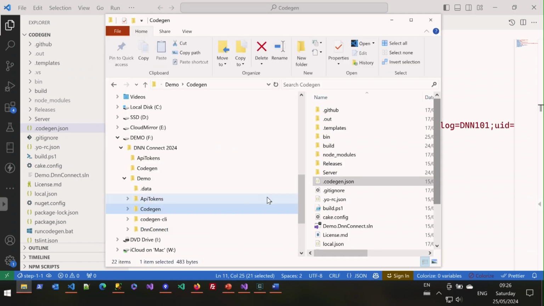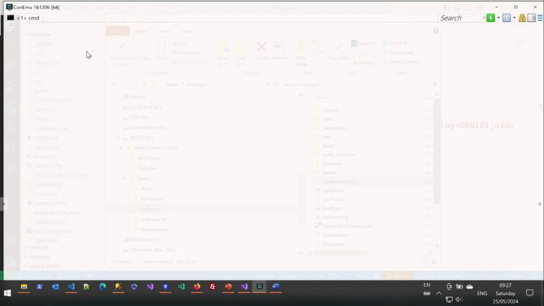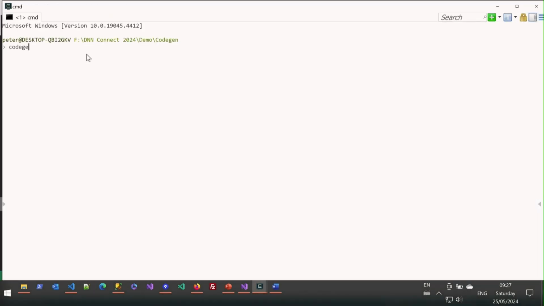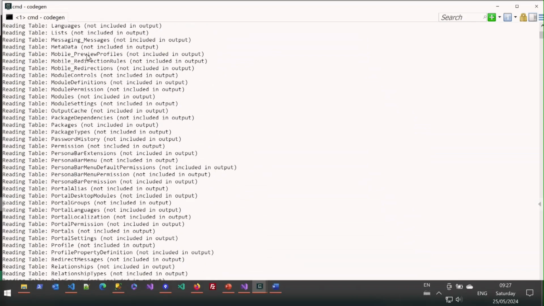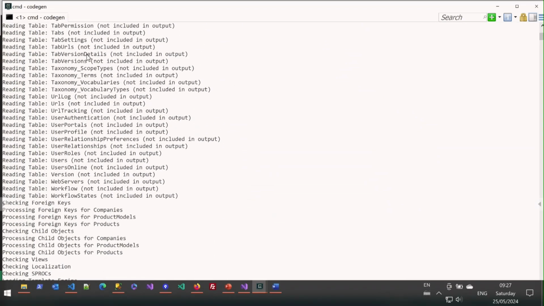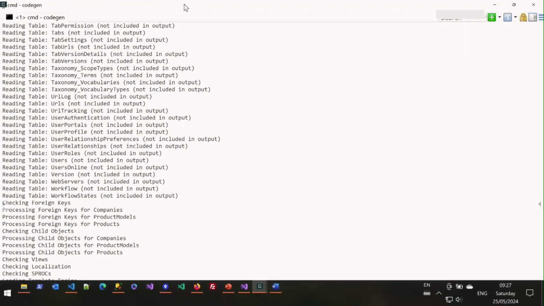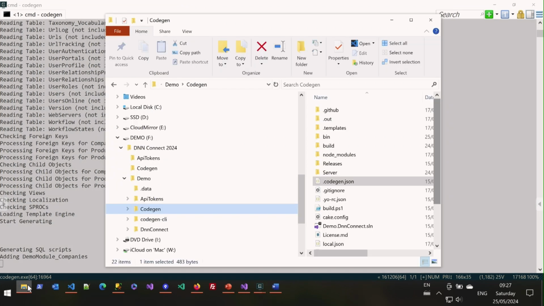So if we run the Codegen here, let's just start this up. It will start parsing the database, checking the tables. It will read those tables, look for anything, check for views, checks for stored procedures, and start generating those templates. So the templates are